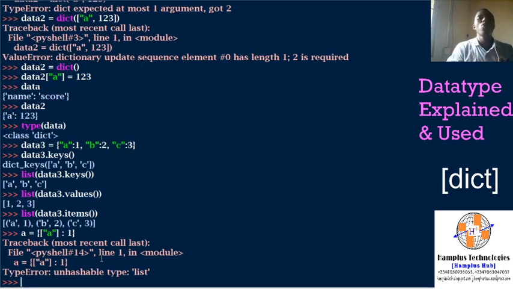I have an error on unhashable type. So it cannot actually be, but the value can be either a set or a dictionary. The value can be anything, but the key of a dictionary must be either an integer, as in this case, 1 mapped to 100,